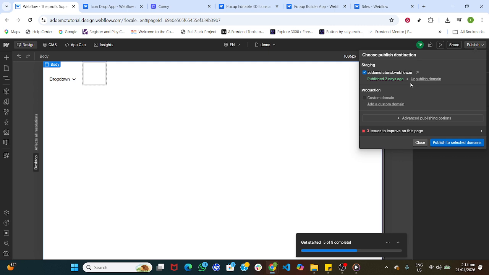Before you wrap up, preview the page at different breakpoints to ensure layout and spacing still look great across devices. And remember,